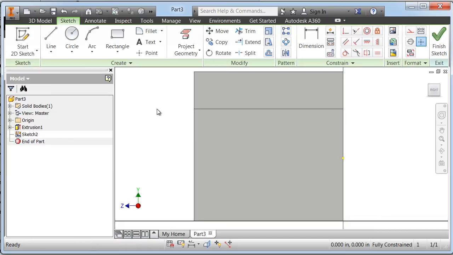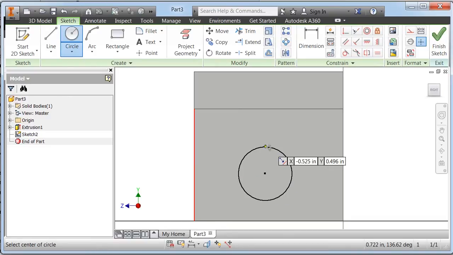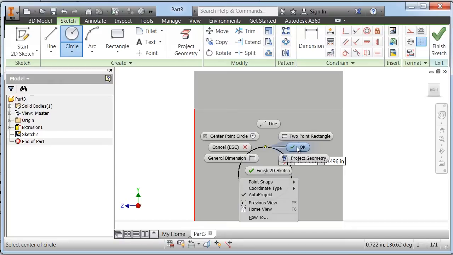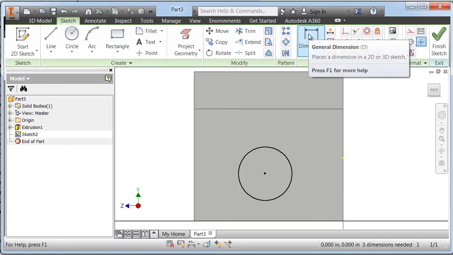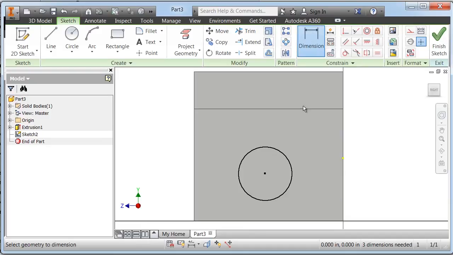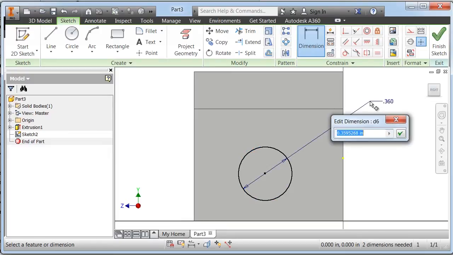First thing I'm going to do is put a circle on it. So I'm going to move my cursor to the upper left portion of the screen. I'll left click on the Circle command and left click somewhere here down to the lower area, and then I'm going to right click and left click on OK. I'm going to move my cursor up to the dimension icon and move it on the edge of the circle, not the center. I'm going to left click. I'm going to enter 0.25,